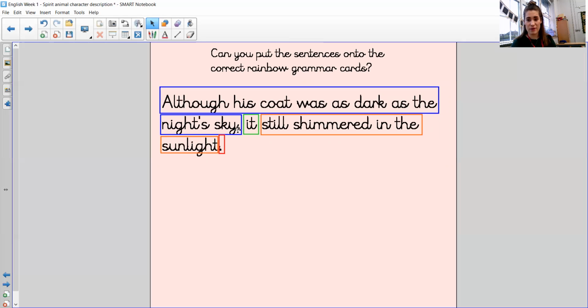Just going to check that it's definitely a subordinate clause. Yes, it starts with a subordinating conjunction. Does it make sense on its own? "Although his coat was as dark as the night sky." That doesn't make sense on its own. That is a fragment, not a sentence. Okay, it's not a whole sentence. Wonderful, well done if you got that right, because it's a little bit trickier when a subordinate clause comes at